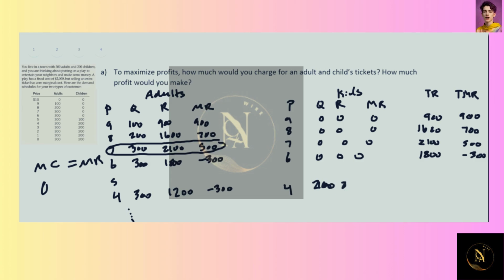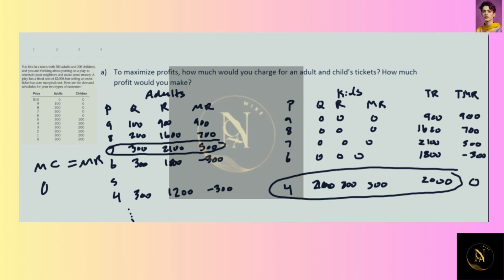The total revenue for kids will be 800. The marginal revenue is going to be 300. Total revenue is going to be 2000, and the marginal revenue is going to be 0. And since marginal cost equals marginal revenue here, 4 is going to be the optimal price to charge for a